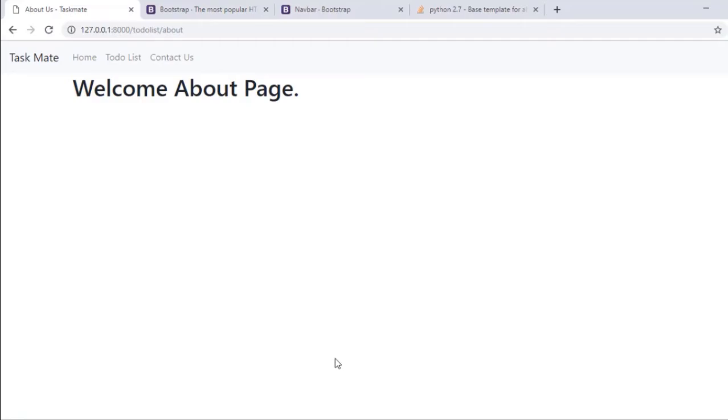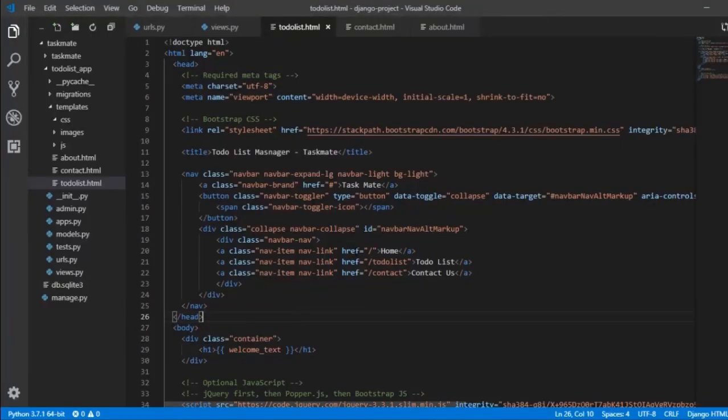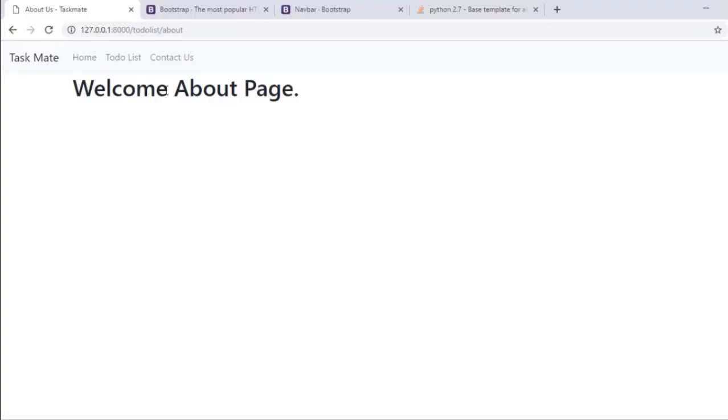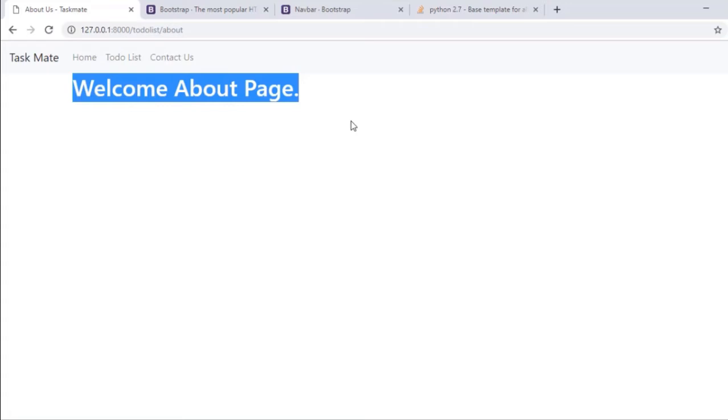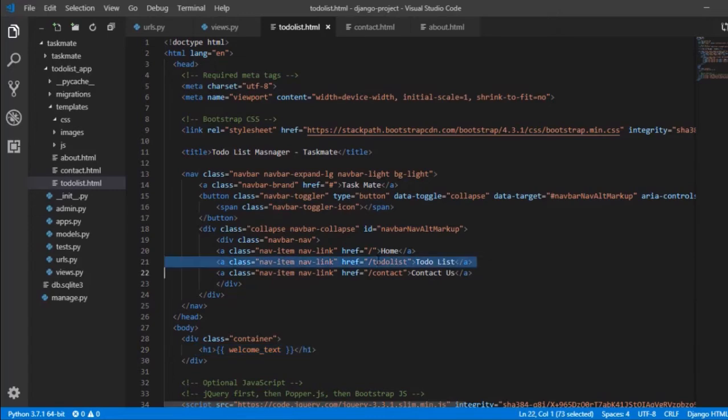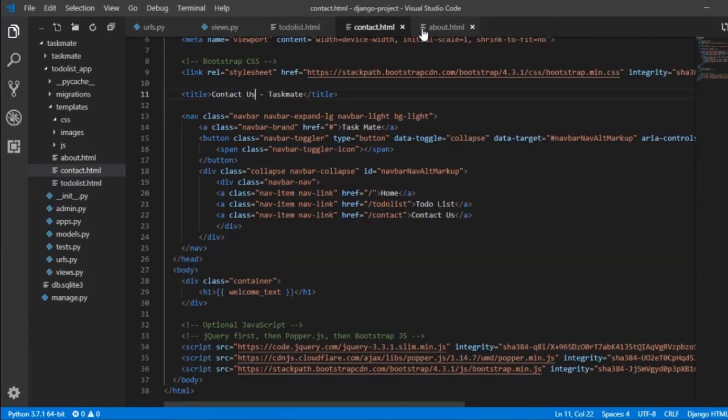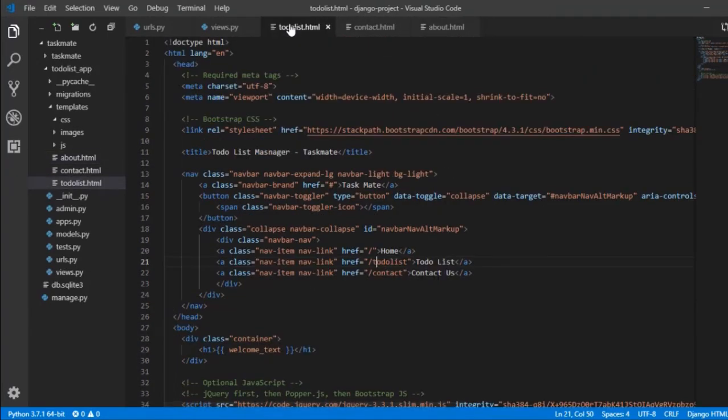This also works fine. But what if I need to edit this link? I need to do it on all the pages. But this is the same content I'm doing on all the pages. There should be some method by which I can create a base file, store every common task there, and here I just need to keep the unique content, which is this. On all 3 pages, everything is common, just this line is different. Why not create a single base file? Here, even if I need to edit something, I need to do it on all 3 files. And that's the important part I was talking about.